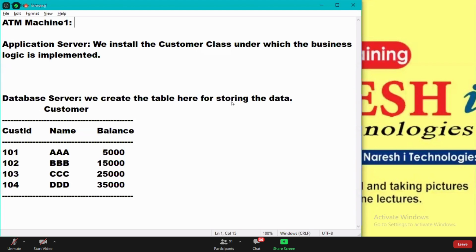Have you noticed it? On that magnetic strip, you'll be finding your customer ID. Your customer ID will be present there.